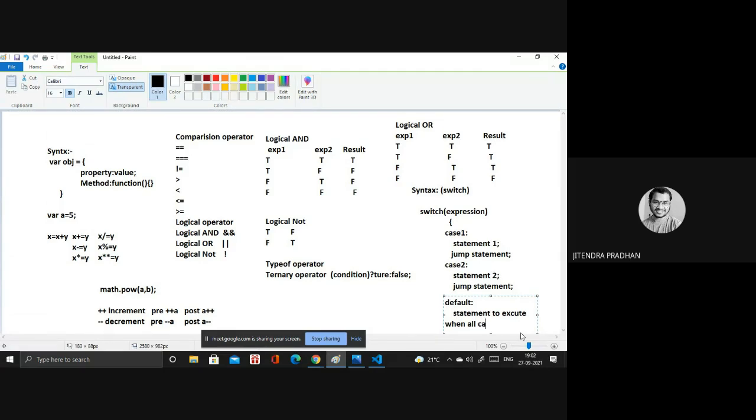I will add a mismatch statement, it's better. Default, in that we have the mismatch statement.